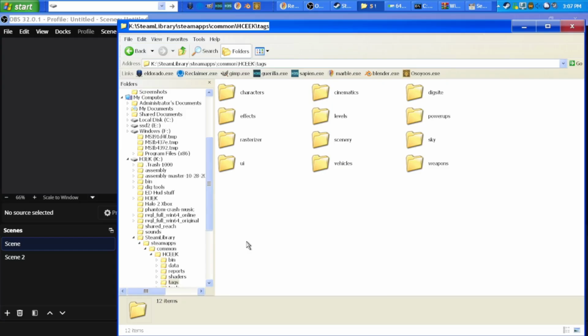And it's the same with every Halo editing kit. I'm just showing in CE for the sake of saving space, and also because it's a bit more direct. But like if you go into vehicles here,